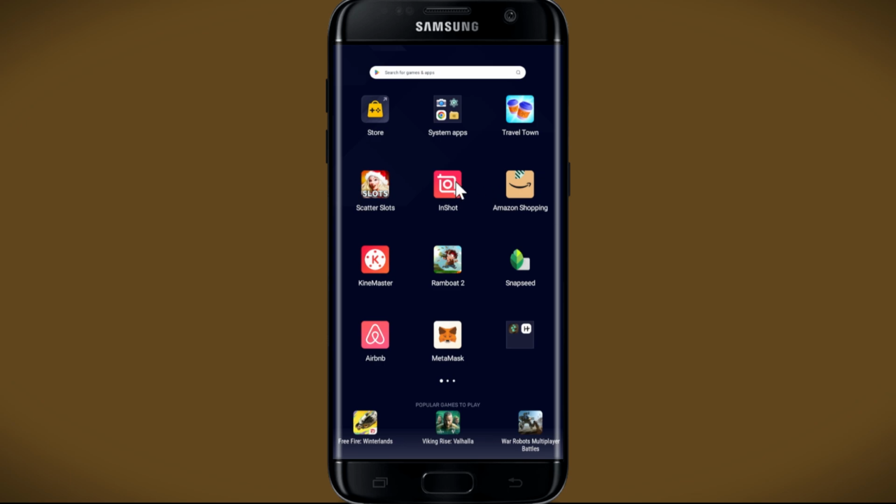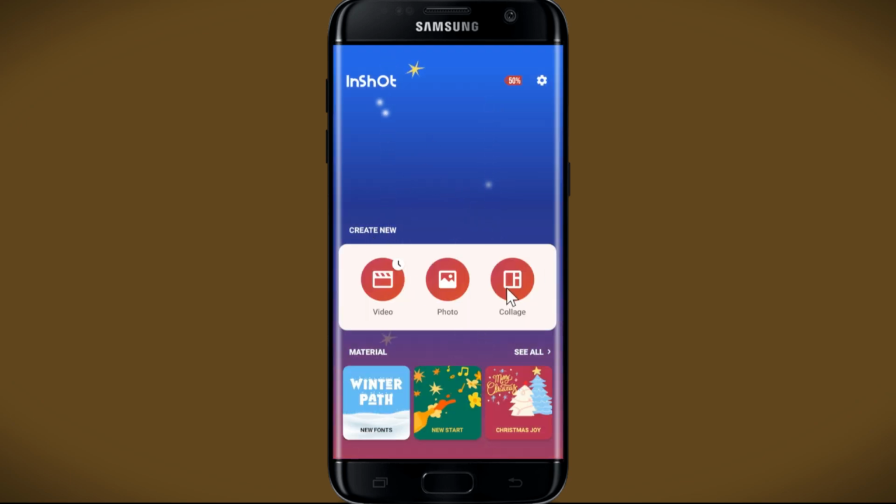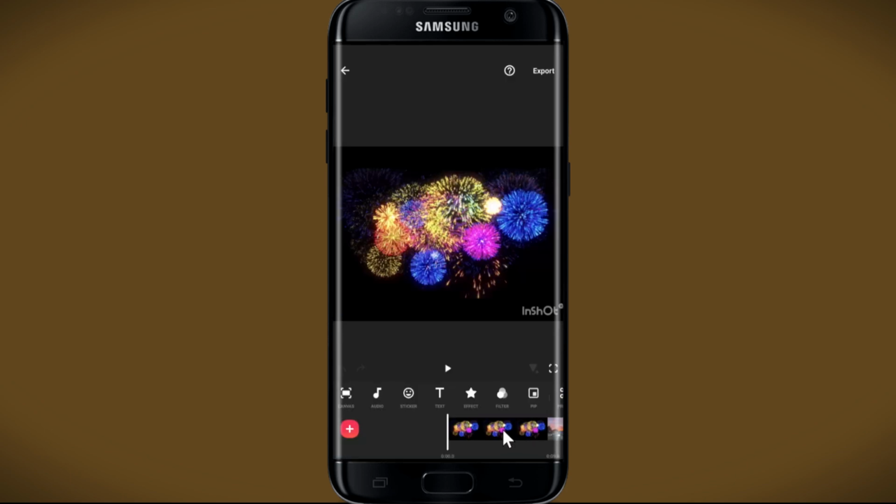First of all, open up the Inshot app on your device. And once you open it up, you can start creating any new project or work on any of your old ones. Now just open up a new project and then open this video from which you wish to extract the audio. Tap on the tick mark to import this onto your timeline, and once it is imported, just tap on